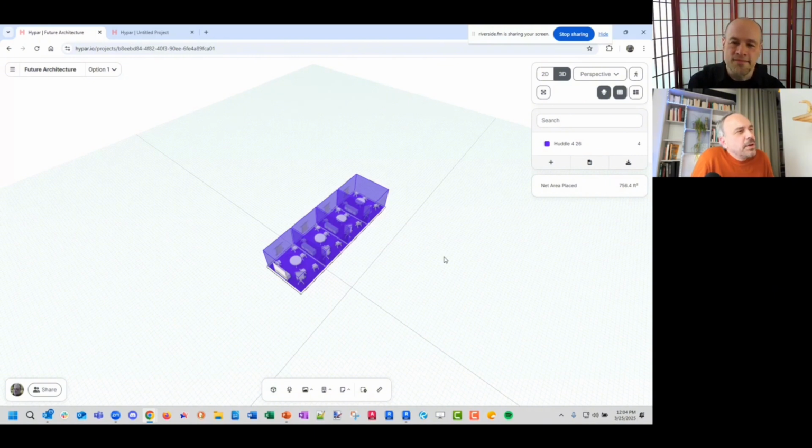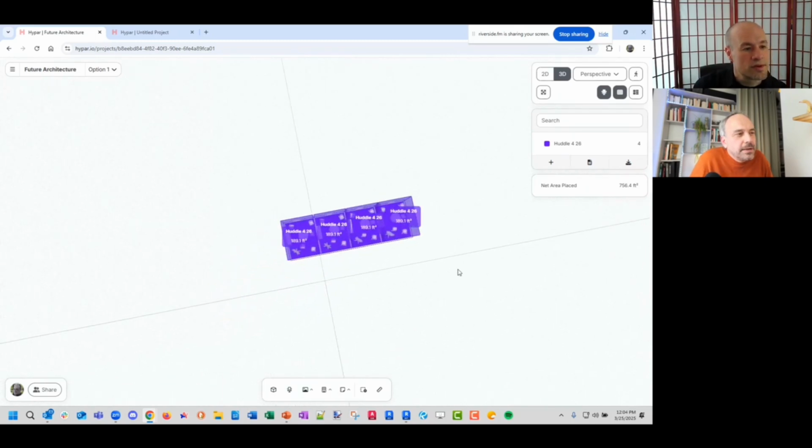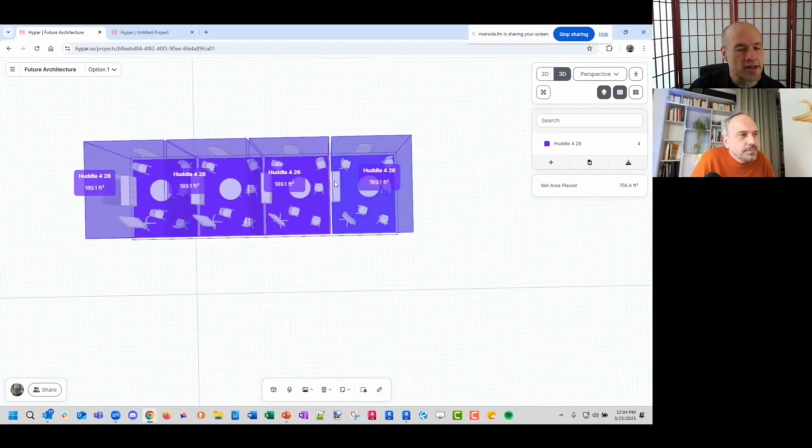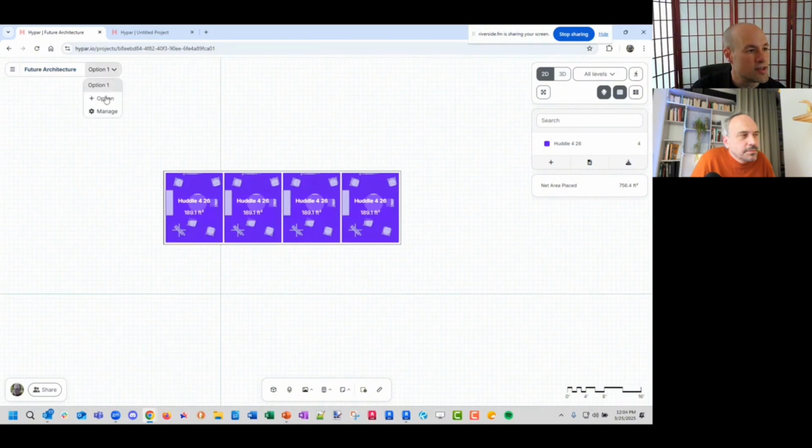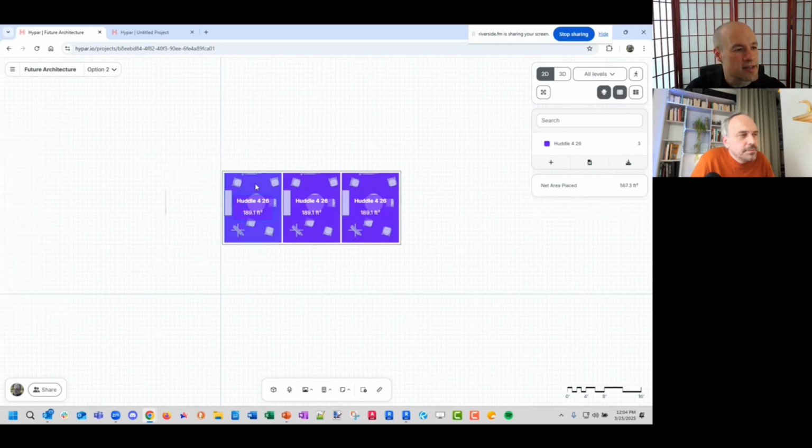Okay. And you have also the option feature, which allows you to design various options in parallel. So let's say this was our minor option here. And then what we want to do is just add an option, right? And what we do is we just duplicate that first project for you. So if I take these out, then you can just toggle between them, this option, that option.